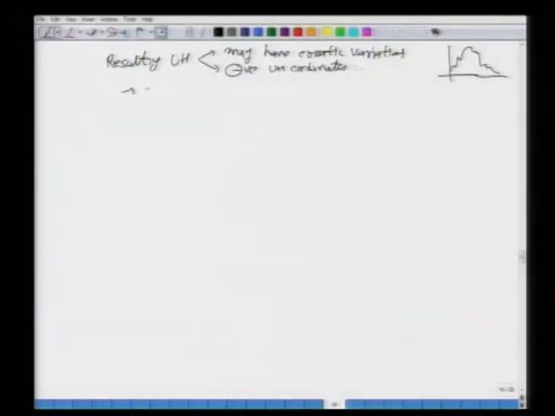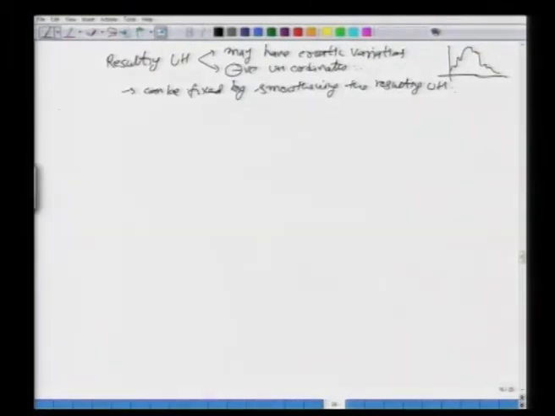Some of these can be fixed by smoothing the resulting unit hydrograph. What we are going to do next is look at a couple more methods which are more sophisticated than these two, and which are more robust and take care of some of these problems. So, the next thing we are going to look at is what is called the unit hydrograph by matrix calculations.